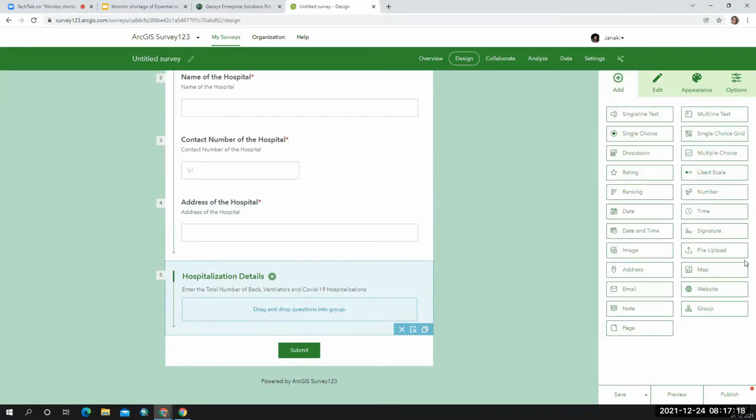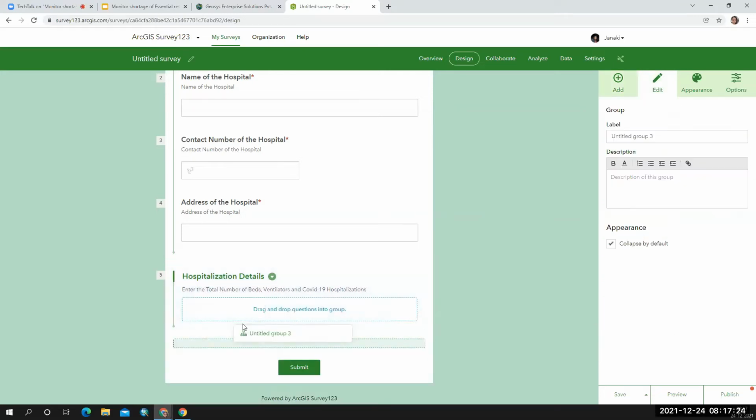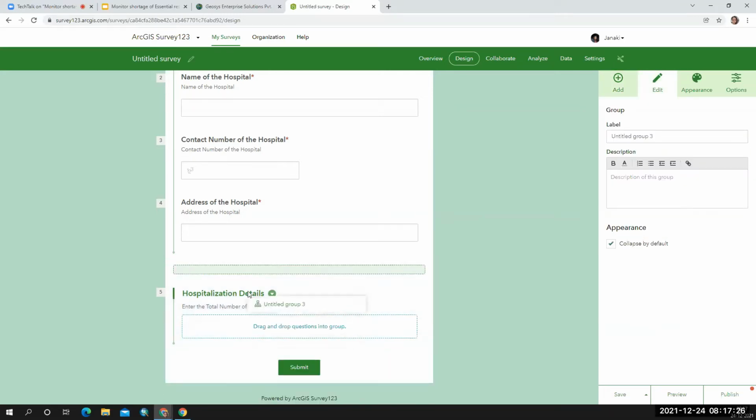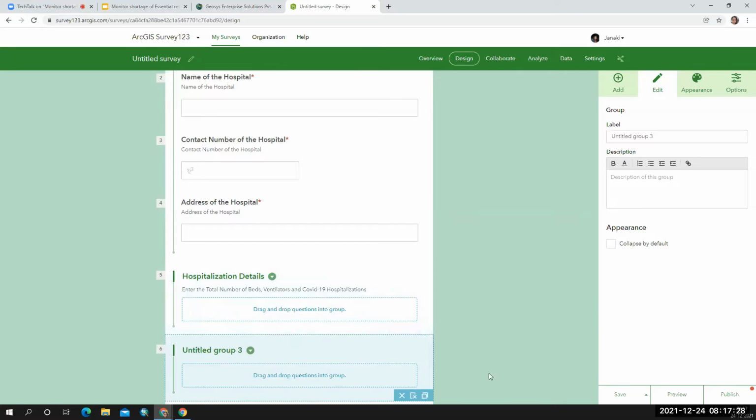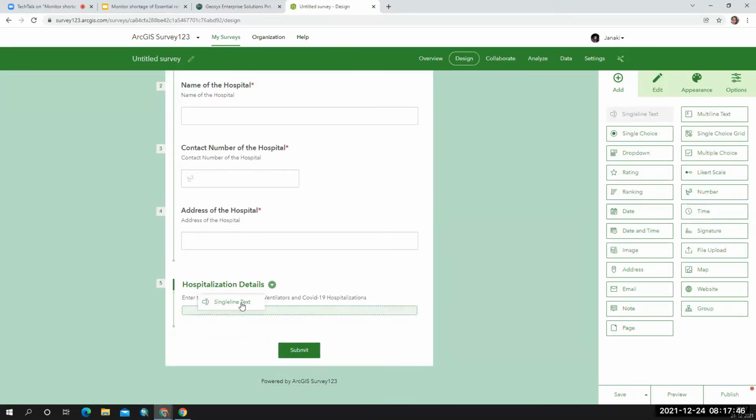So go to add. So I'm going to have the bed and ventilators.